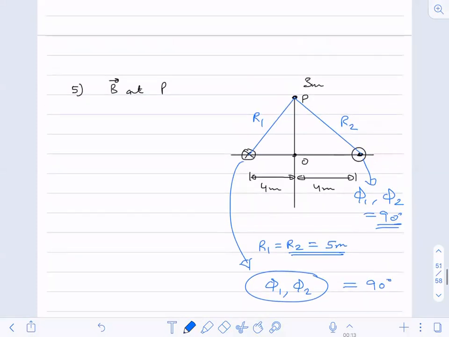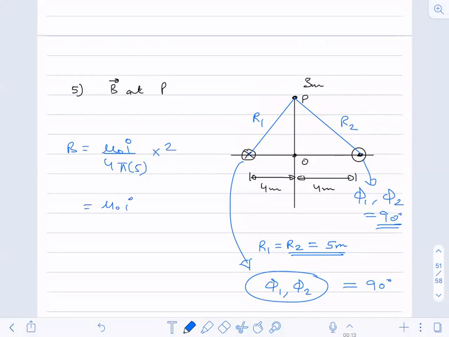Yes. So if I want to calculate the individual values due to an infinite wire, yesterday itself we solved this. So mu naught I by 4 pi r, where r is the length. I'm just substituting its value, 5. Within the bracket what you have is 2 sine of 5, so this is 2 now. So you have the value mu naught I by 10 pi. Okay. Now, what is the direction of B1?